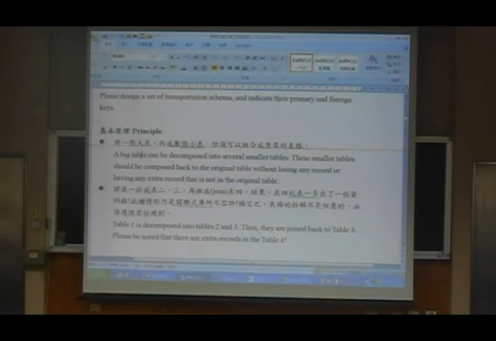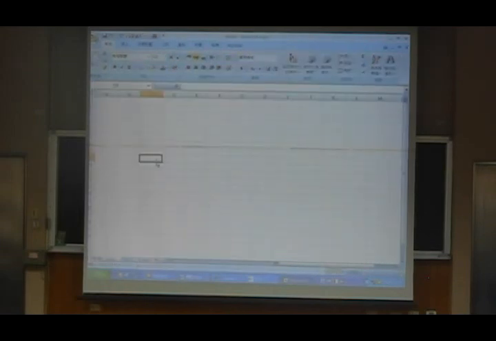The big table includes every attribute or every field you want to know or you want to record. So just like Excel, right? You may have a very big Excel table and put all the field names here, right? You can do it this way. But